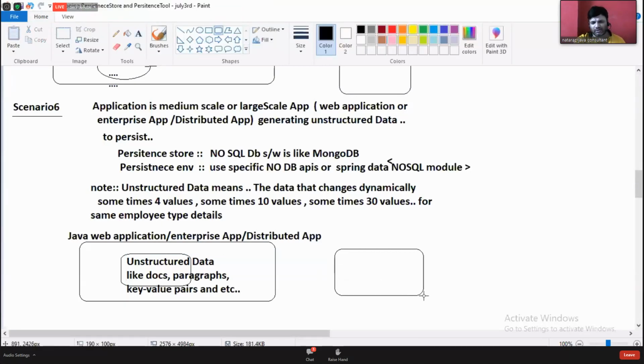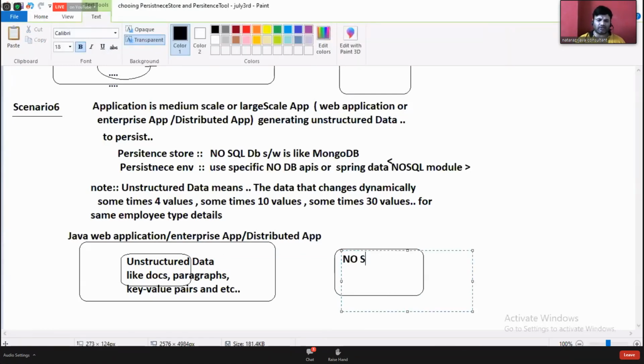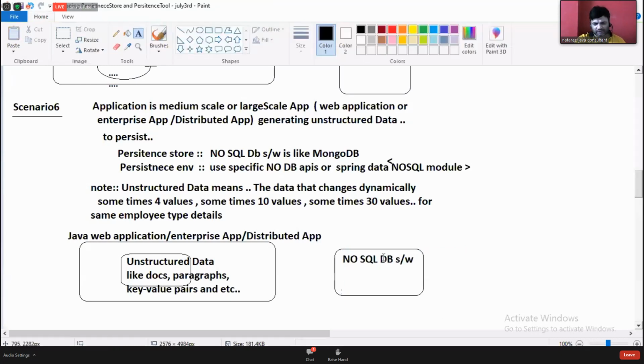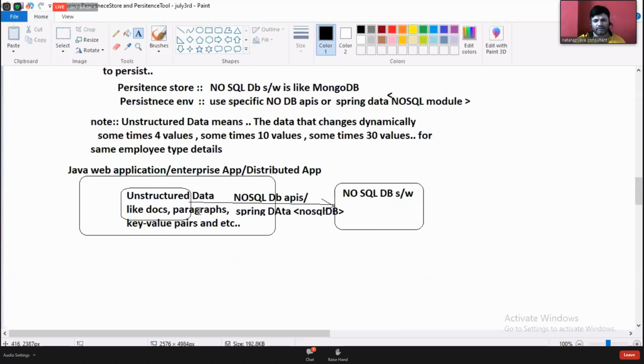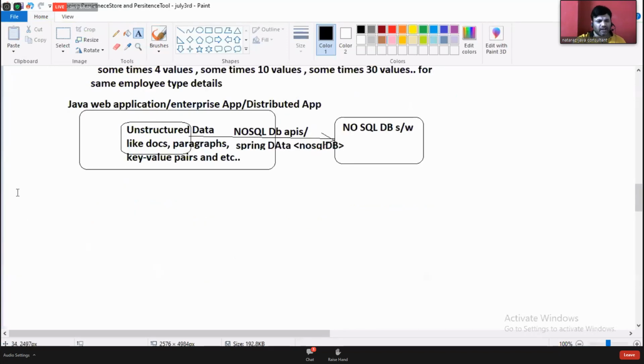Then here we are going to have NoSQL database software, NoSQL DB APIs or Spring Data NoSQL DB. Okay, fine. This is scenario number 6. Scenario number 7.